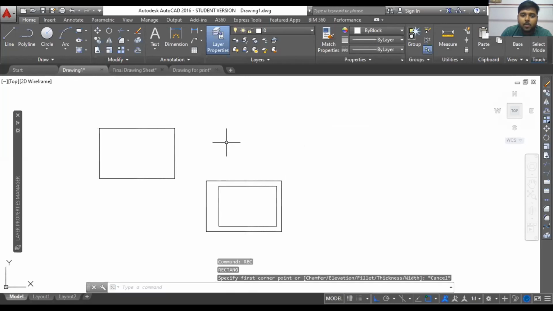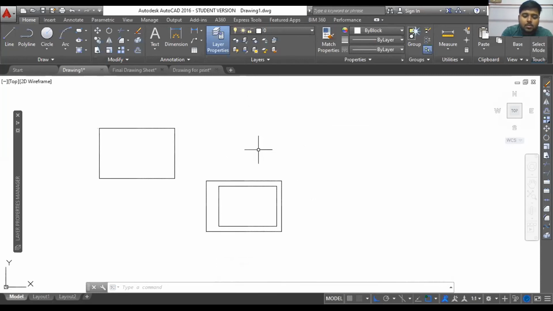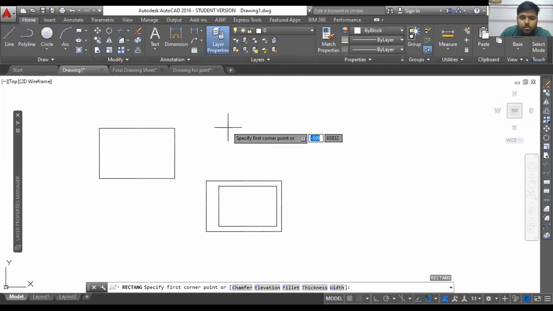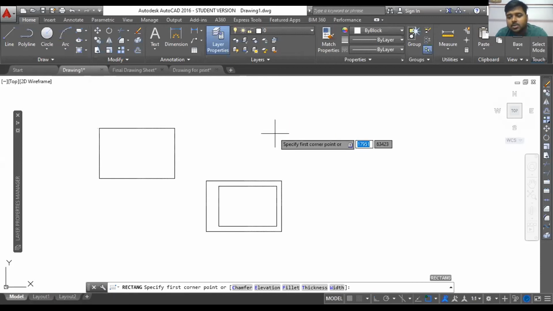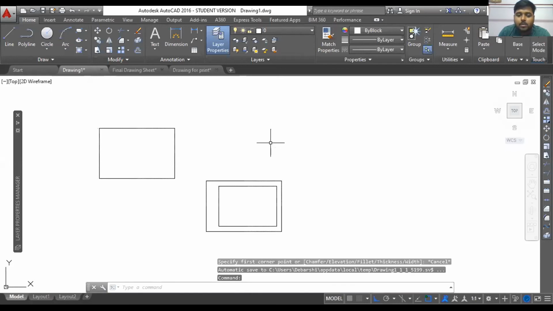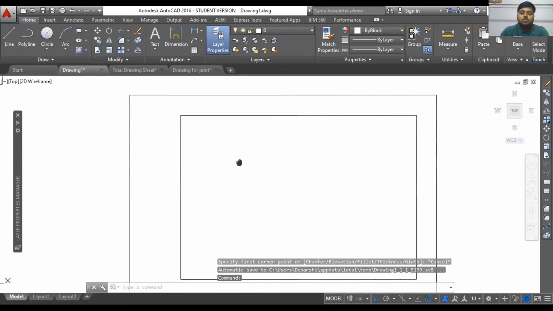There should be, because I'm using 2016. I think you have already selected something else, like chamfer maybe, or fillet, which you need to provide to chamfer the corners. Or maybe you are using polygon. No, sir, it is rectangle only. You take a screenshot and send me on WhatsApp. I'll tell you. Don't worry. Okay, sir.